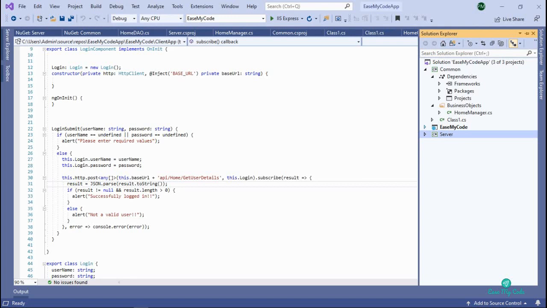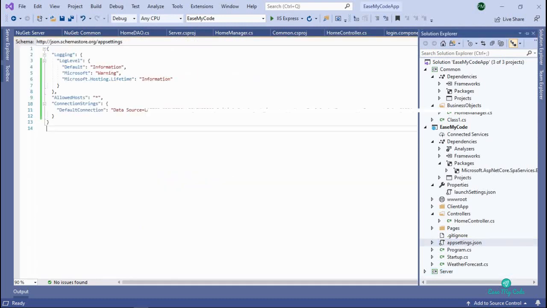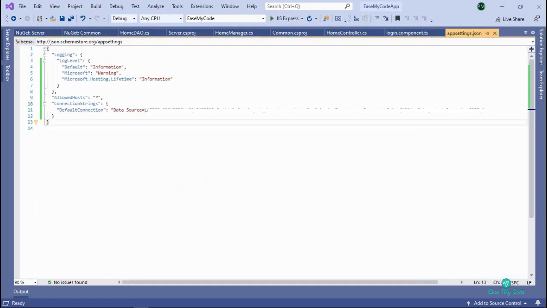But here in Angular ASP.NET Core with Angular, we need to add the connection strings in our appsettings.json file. So if you open the appsettings.json file, I have added this connection string here. You can also add the connection strings here, and then subsequently we will reference this connection string in our controllers and other pages.